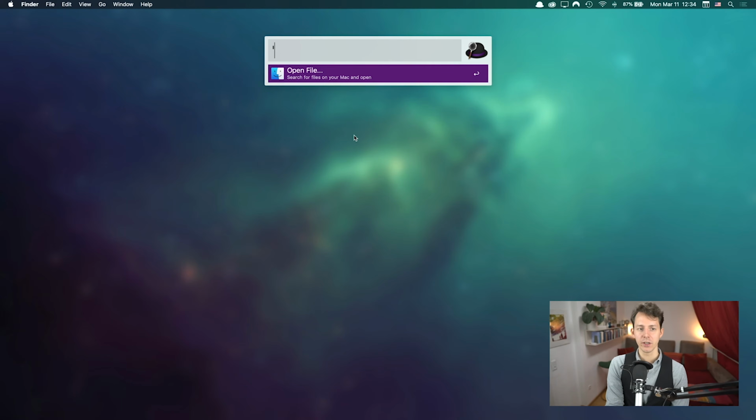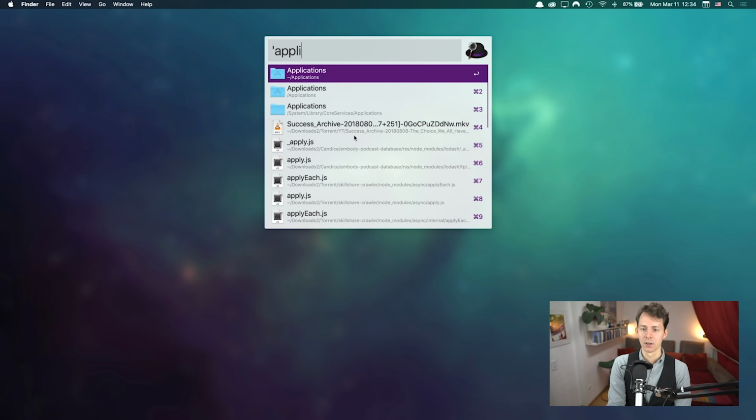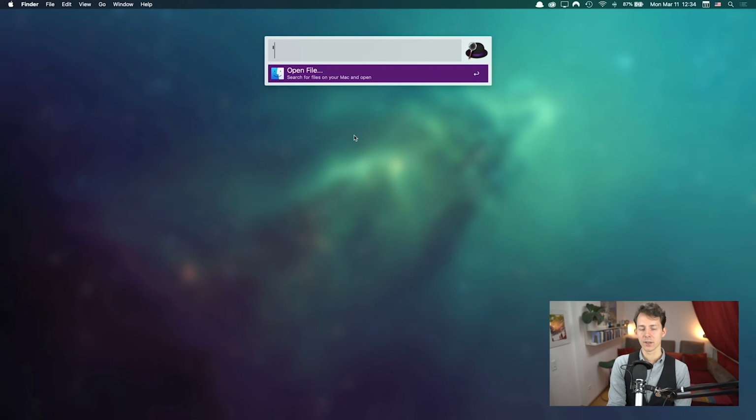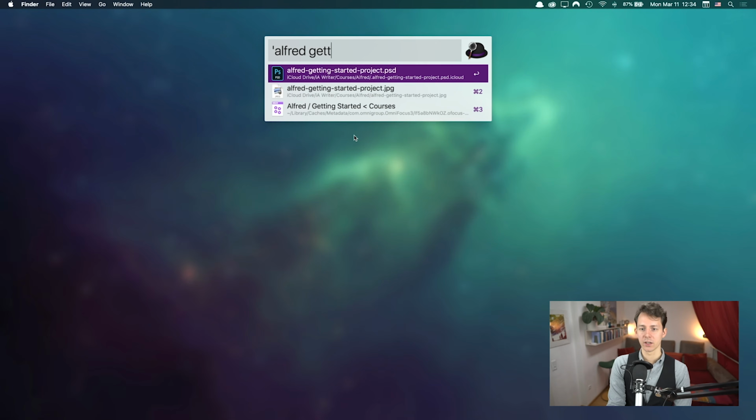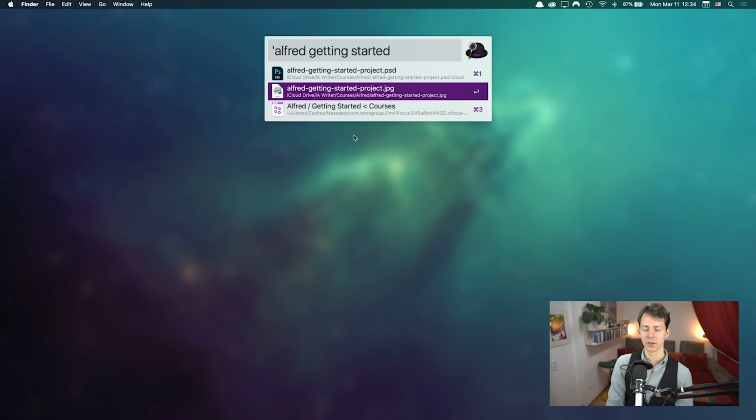The thing that you can do here is, for example, you can search again for applications, but it also searches for folders. So let's say I want something like the Alfred getting started. This, in my case, is a file that is the icon or the work in progress that I've been working on to get started with Alfred,